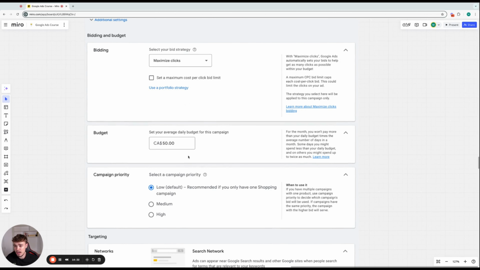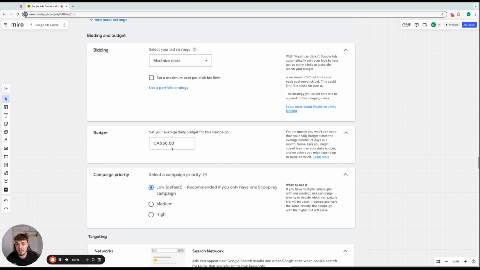For budget, in a shopping campaign, this is, again, going to be your main scaling mechanism, and your main new customer acquisition mechanism. So this is where you probably want to be putting most of your budget. Now, again, I don't know what kind of budget your company is working with, but typically I'd recommend to allocate probably 50% plus of the budget here, right? So if that for you represents $50 a day, $100 a day, whatever it may be,